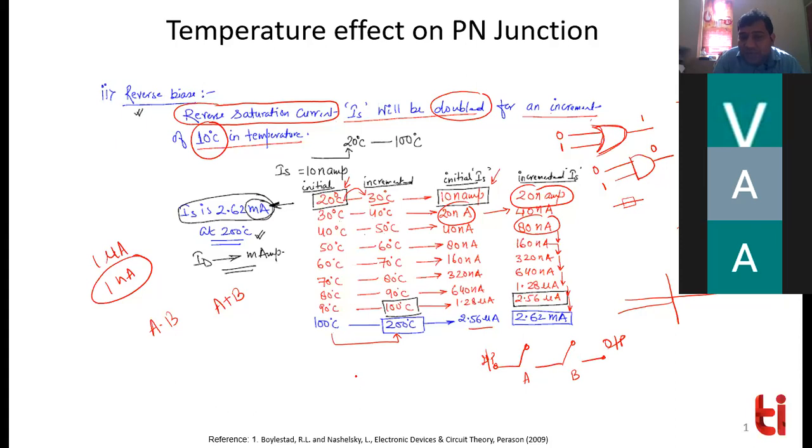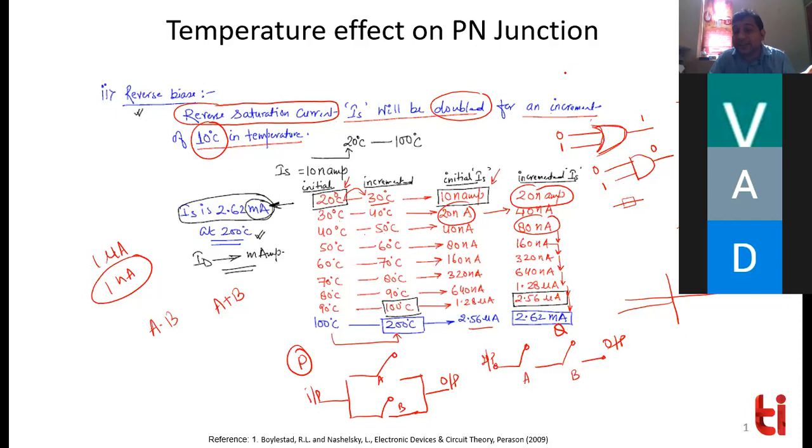And let's say in one of the conditions you have A switch like this and B switch like this, and let's say you have this kind of arrangement. This is, let's say, input and this is, let's say, output. Now let's say I am calling this arrangement as P, and this arrangement as Q. Can anyone now tell me which one is the AND gate and which one is the OR gate? Q is the AND gate. And P is OR gate. Yeah, P is OR gate.